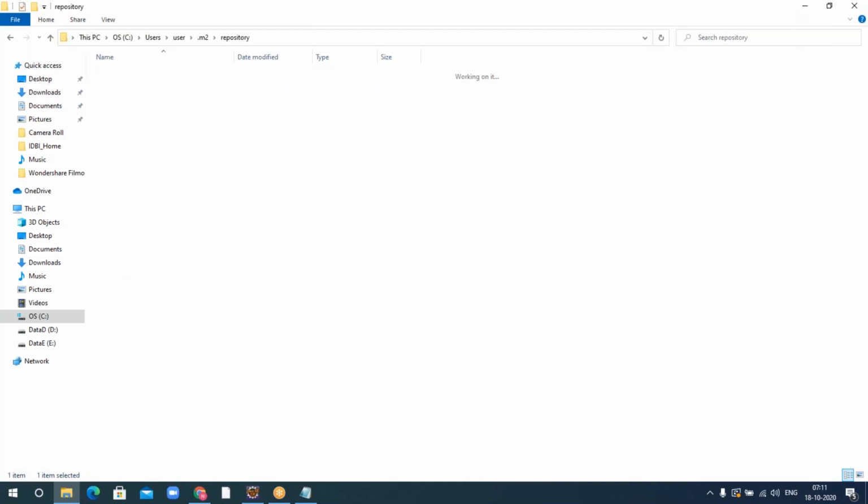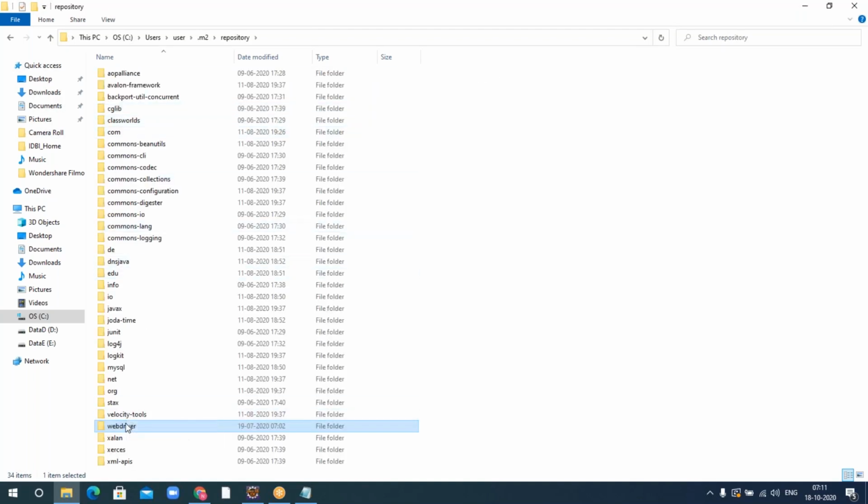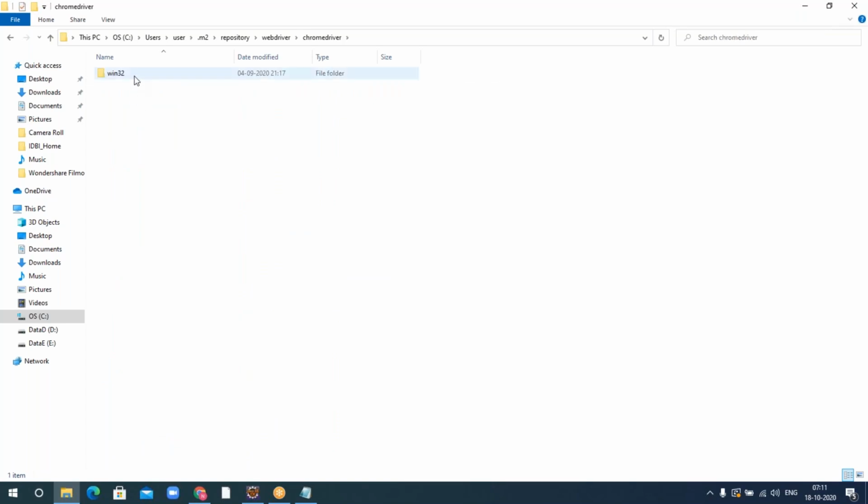In the WebDriver folder, you see the Chrome driver is there. So this will automatically download and launch the browser.